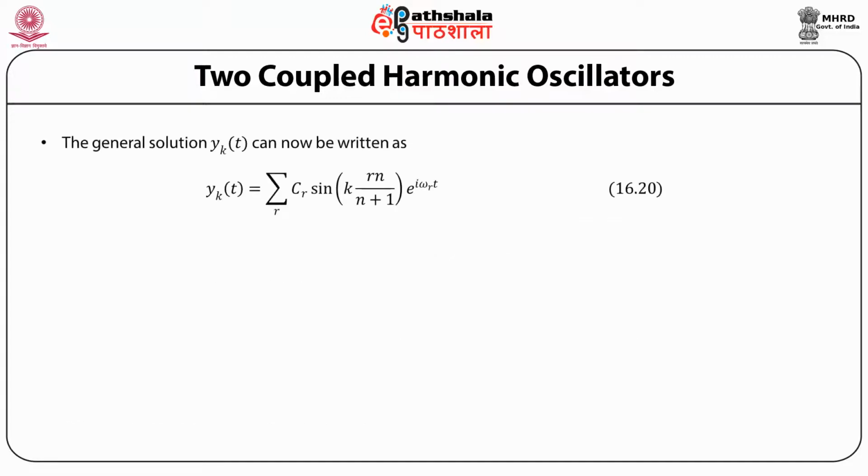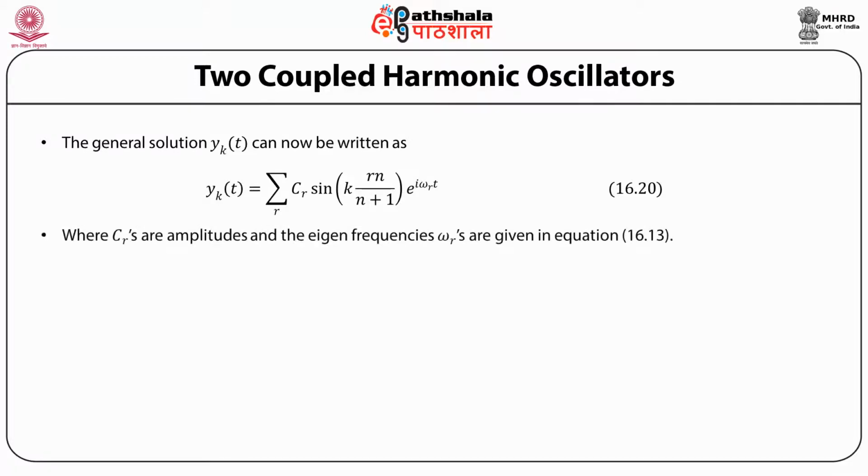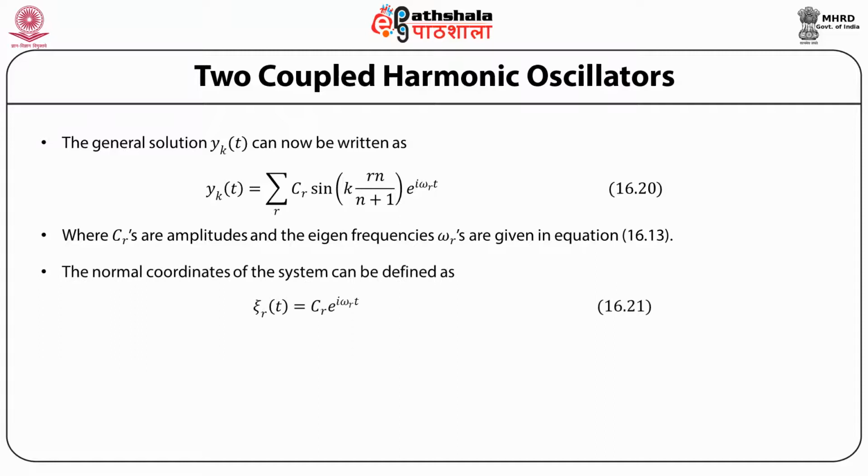The general solution now can be written as y_k(t) is equal to sigma over r C_r sine (k r pi divided by n plus 1) e to the power i omega_r t, where the C_r's are amplitudes and the eigenfrequencies omega_r's are given in equation 16.13. Earlier, the normal coordinates of the system can be defined as xi_r is equal to C_r e to the power i omega_r t,